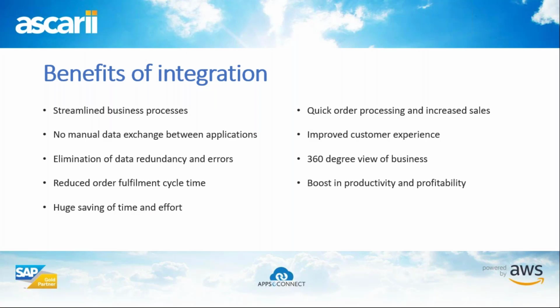So the benefits of system integration, or the business benefits of connecting SAP Business One with external applications. With AppSeConnect, an organization's business processes become streamlined. Data flows between the systems automatically, ensuring there is no data redundancy or data duplication. Sales orders placed by customers or sales reps can quickly be passed on to the back office sales order processing team, so that they can quickly work on those orders.